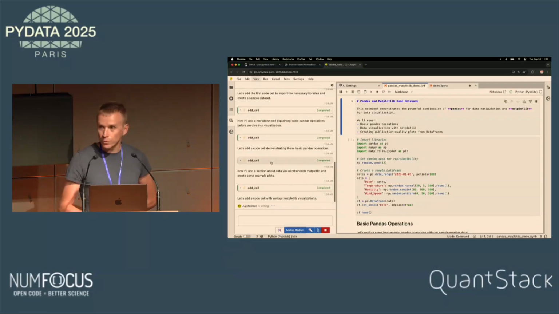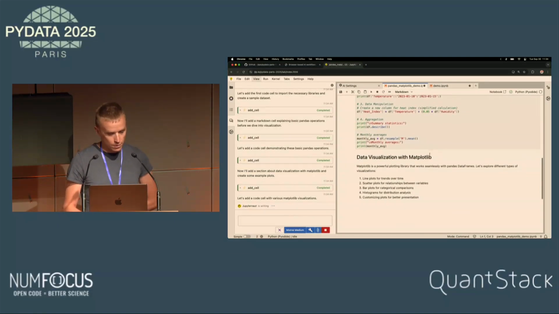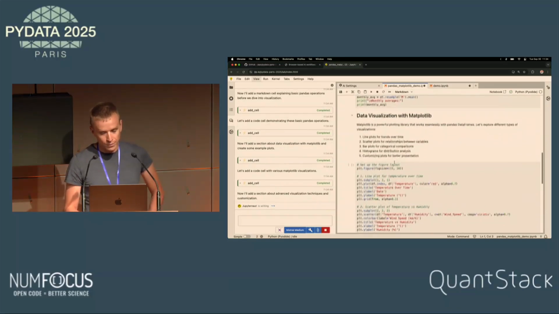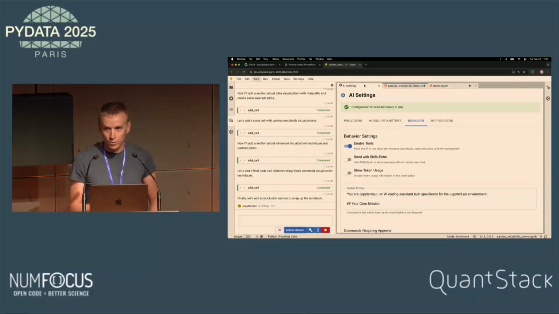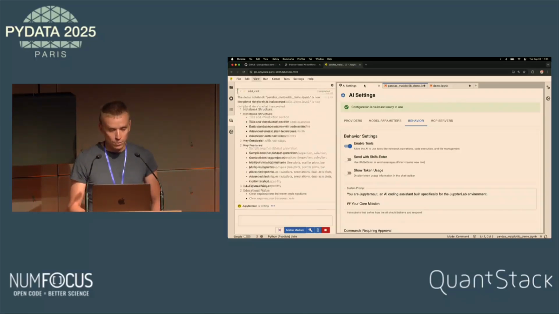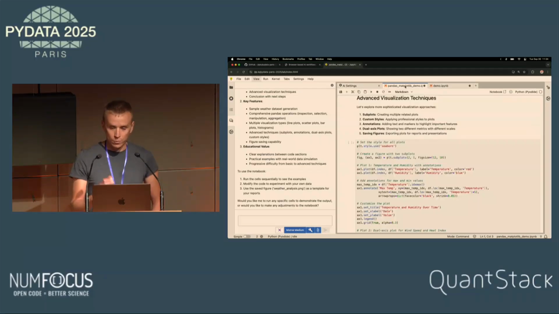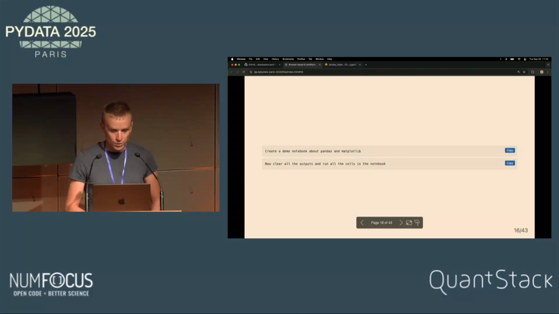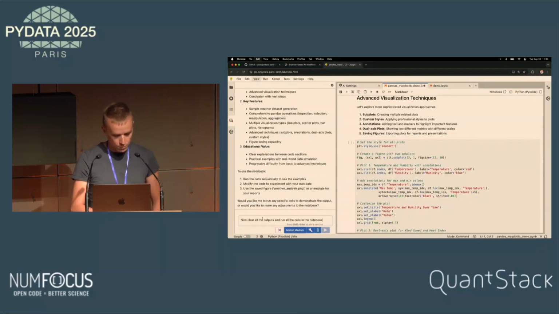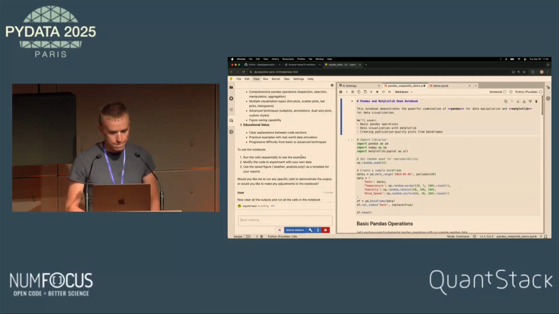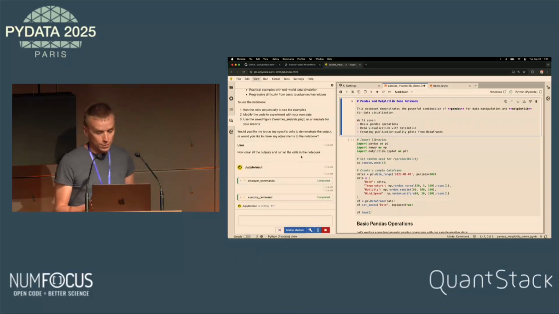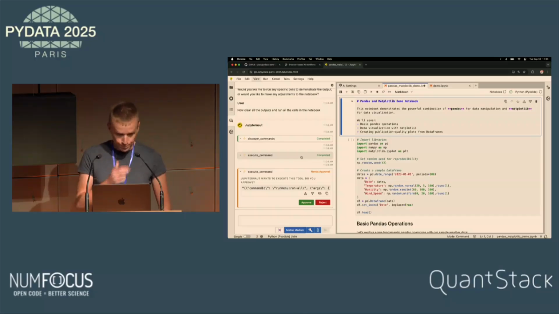And it goes on and on. So it adds more cells, not only code cells, but also markdown cells. So we see it working like this, so it's nice. And actually we can also do some other work at the same time because it's working on the actual notebook document in the browser, so we don't need to have the notebook focused. And then if we want to execute all of the cells, we can just say, clear all of the outputs and then run all of the cells in the notebook.